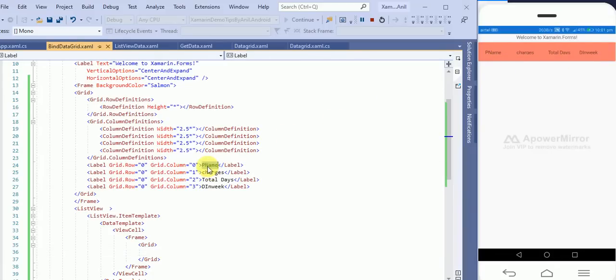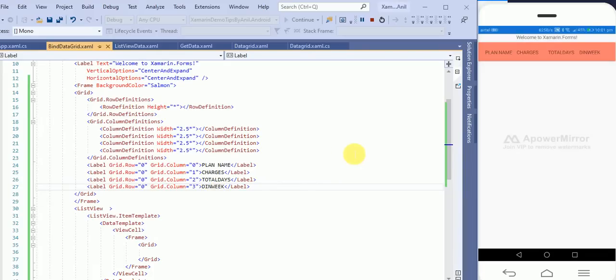Now you can see the plan name, charges, total days, and days in the week. So I'll just add plan name, charges, total days, and day in week.